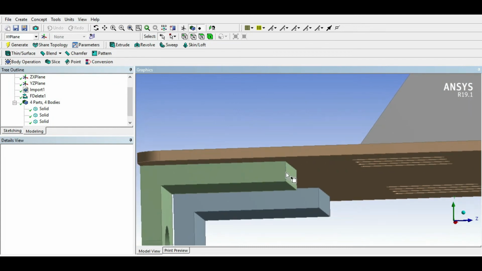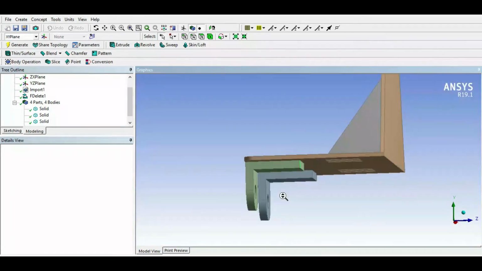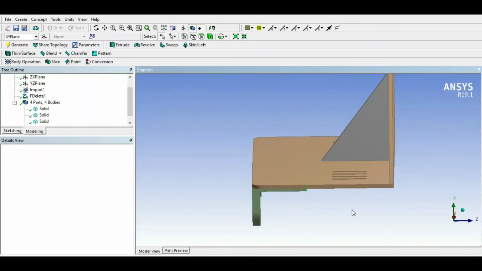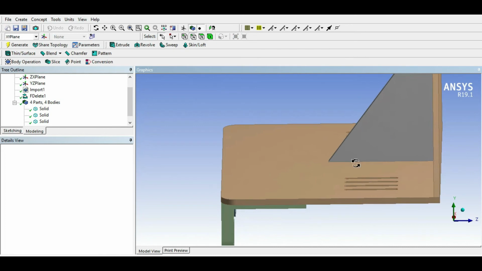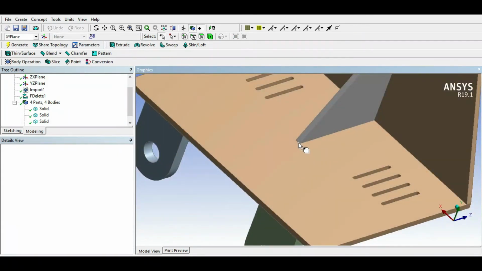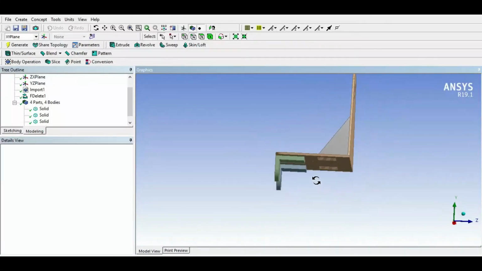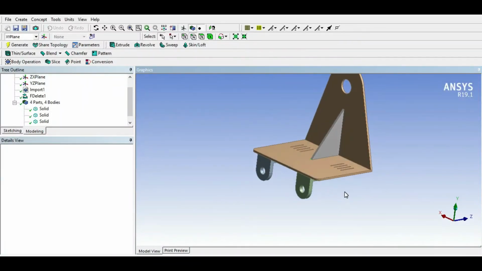Click on any edge. Here the edge length is 8. So we can say the maximum thickness is 8, and for minimum, click on here, minimum is 4. So here we have two types of thicknesses available: minimum is 4 and maximum is 8.